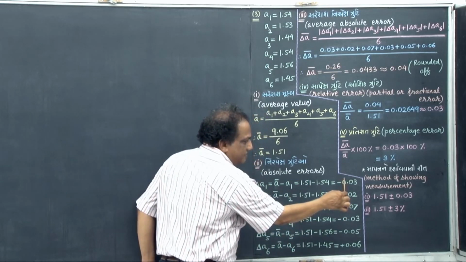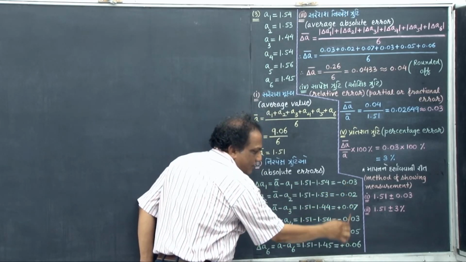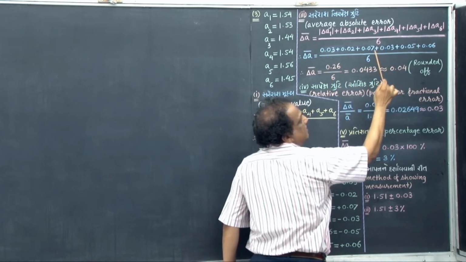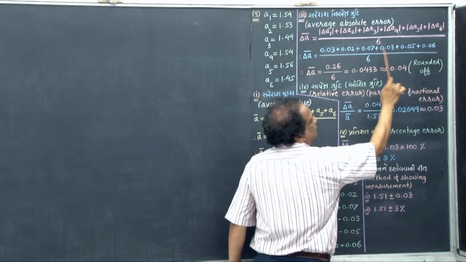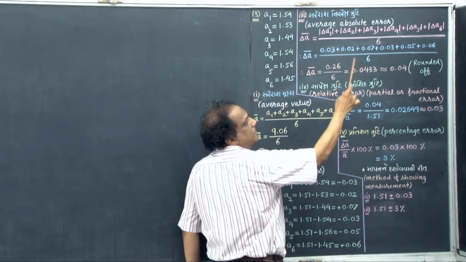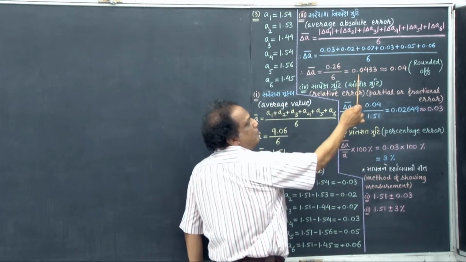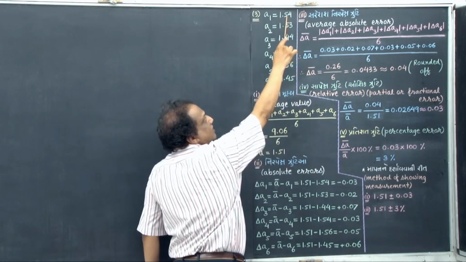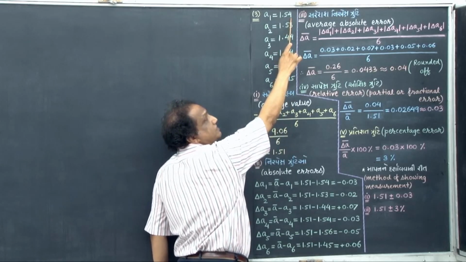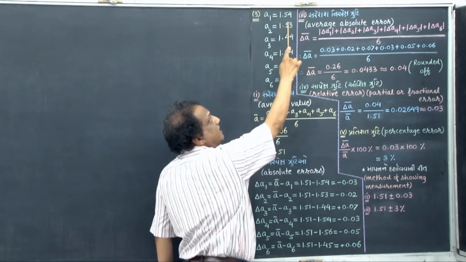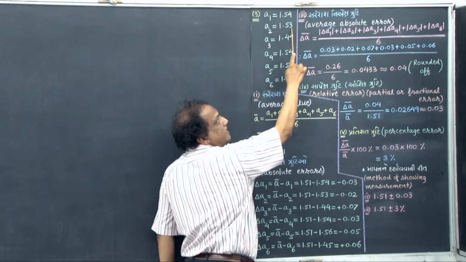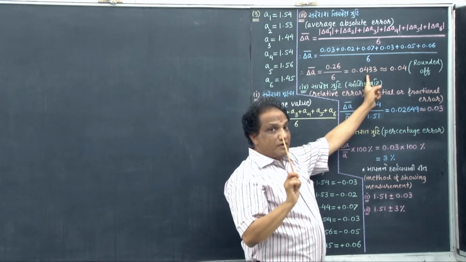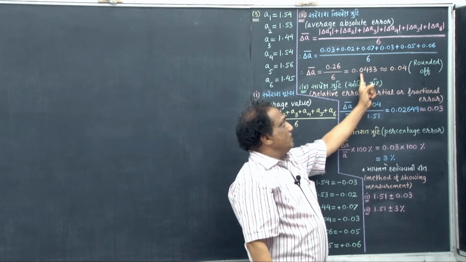So with plus signs, you should take the addition of all these values with plus sign, and then after that summation should be divided by 6. Now this summation comes out to be 0.26, that divided by 6 comes out to be 0.0433. But here all these values have second decimal place, that is there are 2 digits after decimal point, correct? So we must round off this figure up to second decimal place, that is we should retain only 2 digits